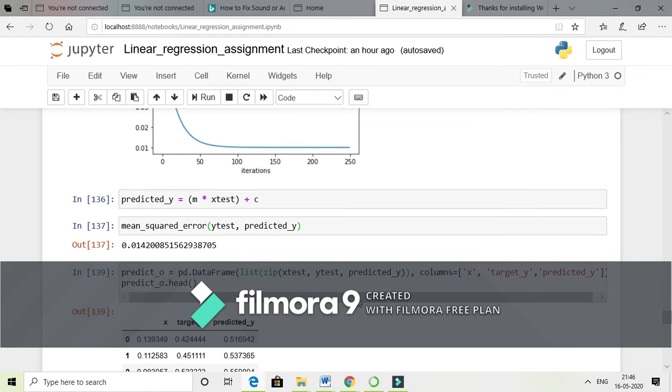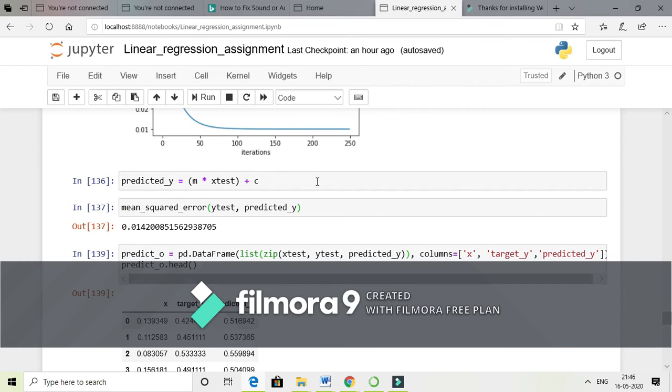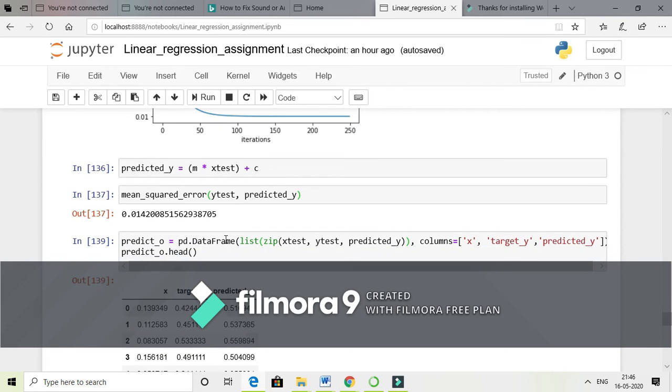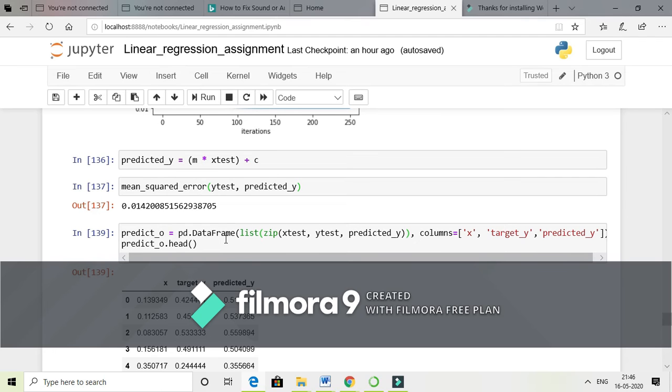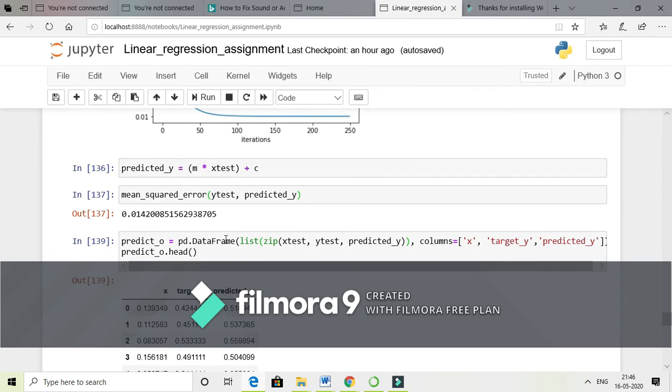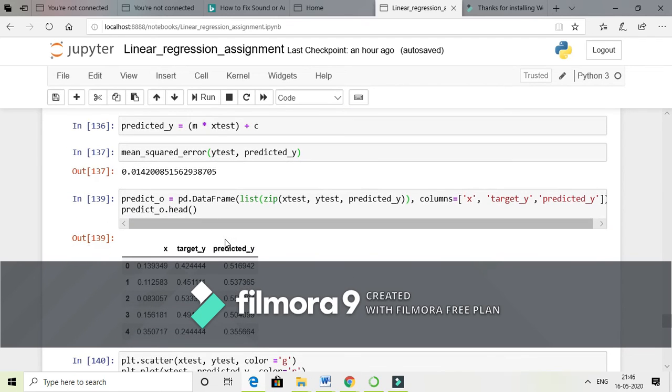Now is the time to predict the values for a given test data, that is X test, and our target value is predicted underscore Y. So we're using the MSE to find the error of our predicted value against the test data. So using our data frame, we can show it in a tabular data form.